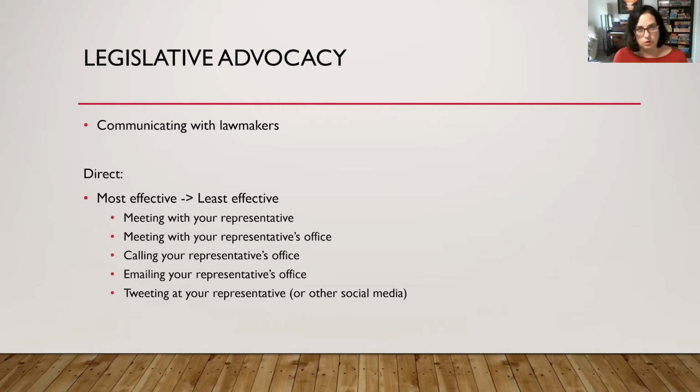Sometimes you can't meet with the actual legislator. Meeting with their office allows you to give your story and your connection to someone who has direct contact with the legislator. So, in some offices you'll have a number of different people, and some you'll just have one. But if you make that personal connection and can really explain why this matters, that's always going to be better than an indirect method. If you can't meet with your representative, you can give them a call. We'll talk about how you set these up later in this lecture and then in upcoming lectures.